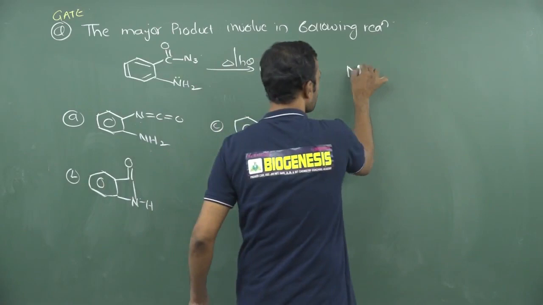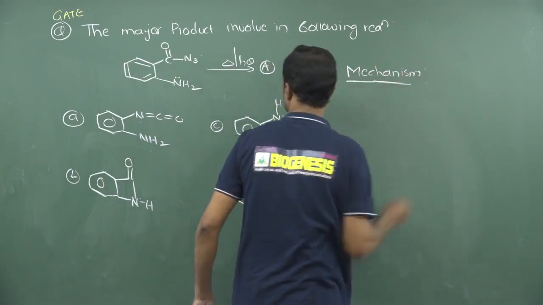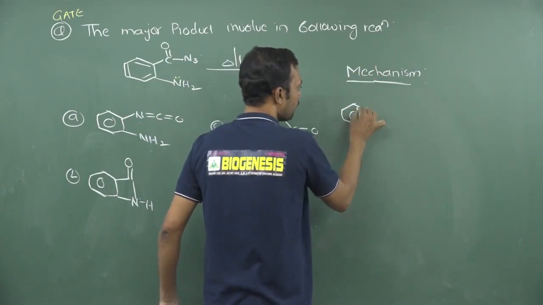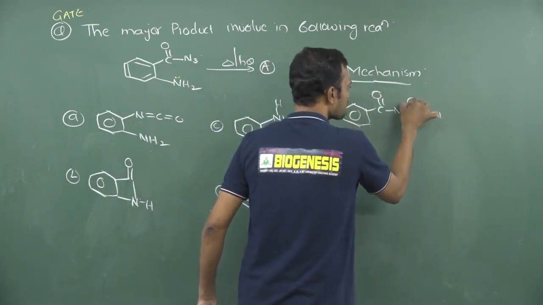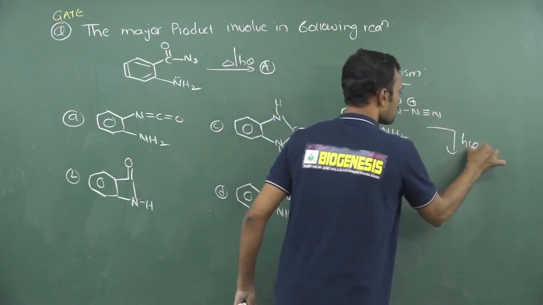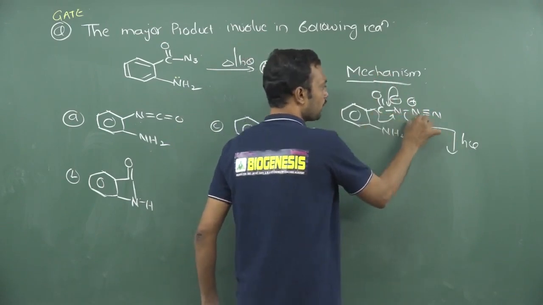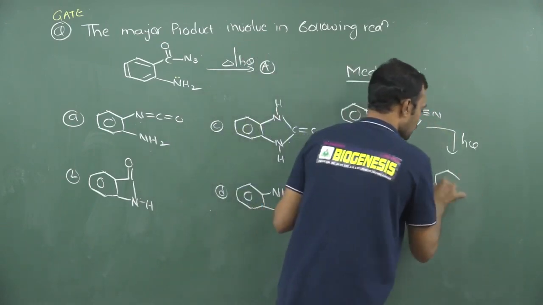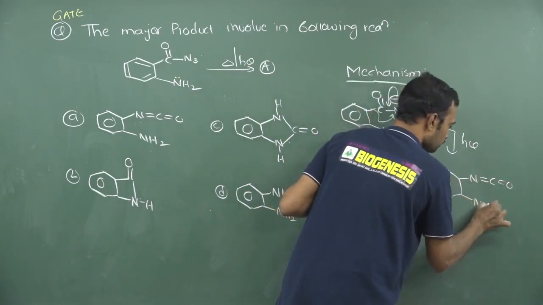Okay, so if you see the mechanism involved in this reaction, clearly you can observe what is the actual product involved in this one. See, this is acyl azide. I would like to write it in an expanded form. This is an expanded form for this molecule. So if I use photochemical conditions, this negative charge migrates here, okay, and this bond migrates and N2 is removed. So you will expect isocyanate like this. This is a molecule, right?